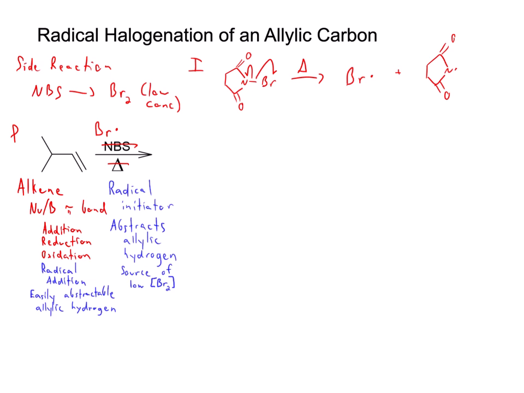And allylic means adjacent to a double bond. So the allylic hydrogen is on the carbon that's adjacent to the double bond. Here's the allylic carbon. So here is our allylic hydrogen. And we're going to go ahead and abstract that. So what we're going to do is draw three half-headed arrows, as we usually do, one from the radical to a point in space, one from the carbon-hydrogen bond to go touch tips with that, and the third is going to go onto that allylic position. And that is going to give us an intermediate